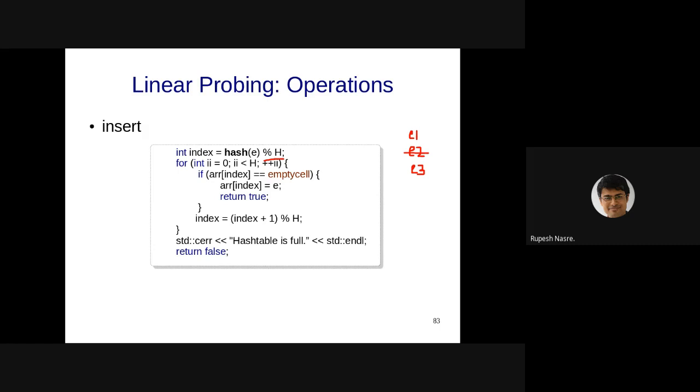Now when I'm searching for E3, E1 I'll find, that is okay. But for E3, I check: is E3 present here? No, because it hashed to the bucket. Then I'm going to look at this position according to linear probing, and this will be shown as an empty cell. And I might get tempted to return early, saying that E3 doesn't exist, because if it existed, it would have been added at this location. But actually E3 is present, and this happened because of the interplay between the insert and delete. Therefore, we have to be careful about whether we can do an early exit if there are deletions possible.